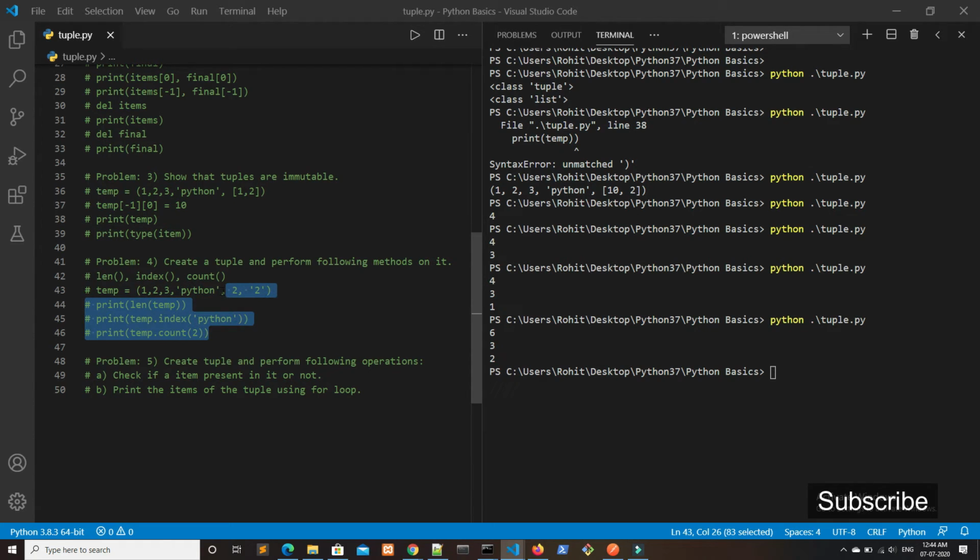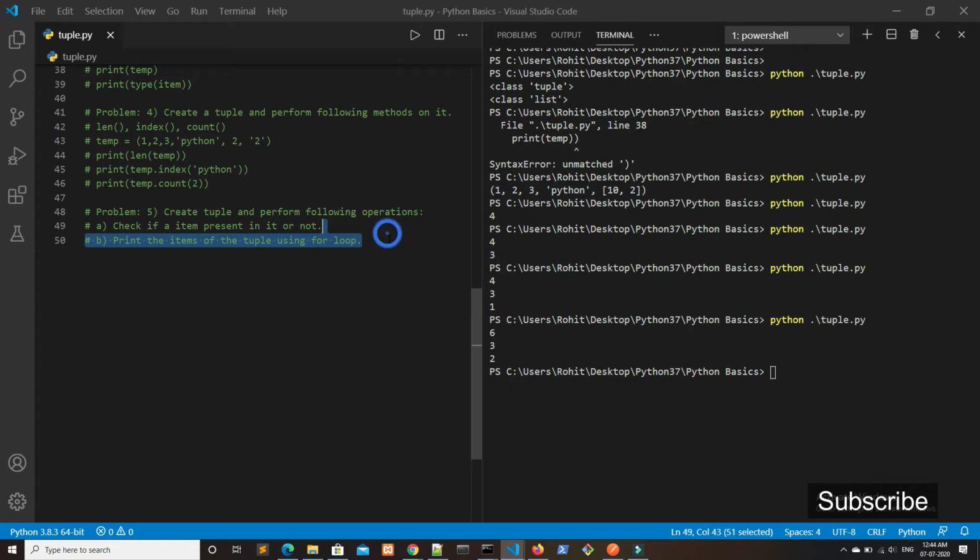Okay, now we will be going to problem number 5. In problem number 5 we have to create a tuple and perform the following operations. We have to check if an item is present in it or not. So first we have to create a tuple, and we will be creating the same tuple, this one.